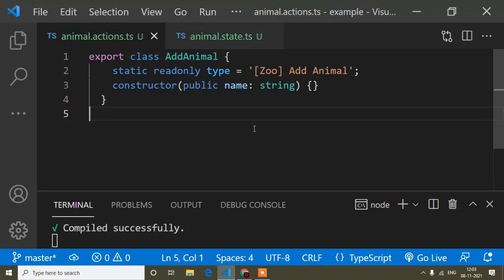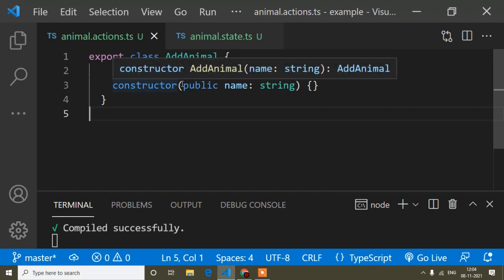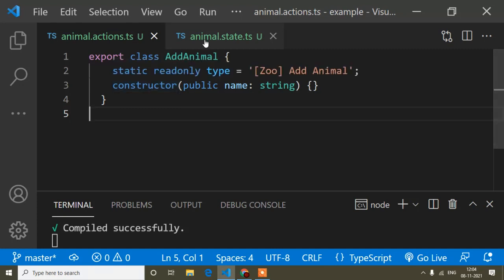In what we did previously, every action like add, delete, update, we would write in the particular component ts file. But now, in the component ts file we will just call this Add Animal class. So how can we call that?